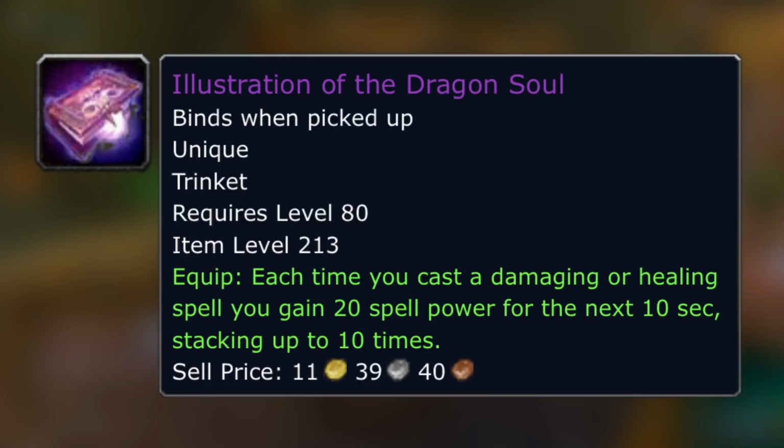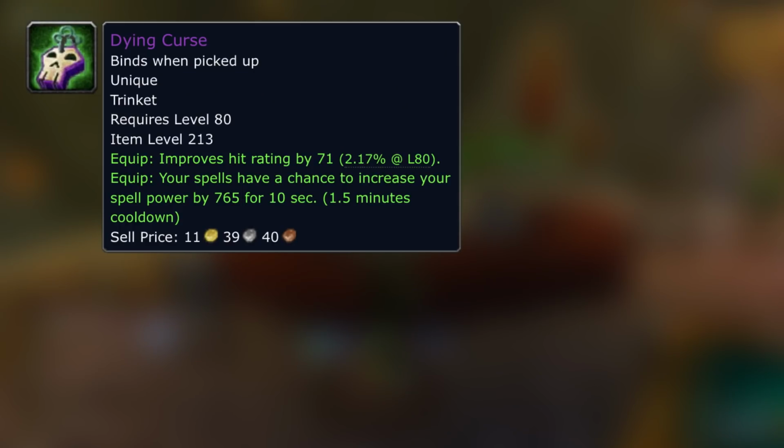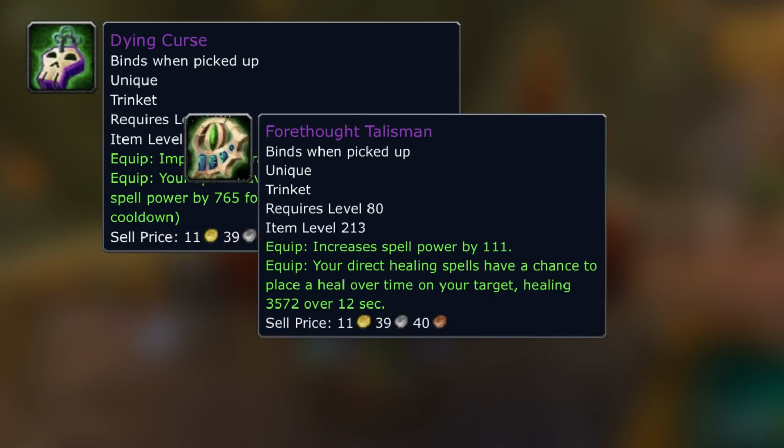And then Illustration of the Dragon Soul for the casters, which each time you cast a damaging or healing spell, you gain 20 spell power for the next 10 seconds, and this stacks 10 times. So you're going to get 200 spell power from this, which is quite literally the most static amount of spell power, because let's face it, once you start attacking, you build it up, then it's static. So you got a bit of ramp up time until that point, but it's definitely got the most spell power on in tier 7. And then venturing into Nax 25, you're going to have Dying Curse, Forethought Talisman, and Grim